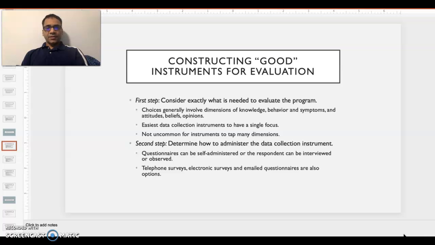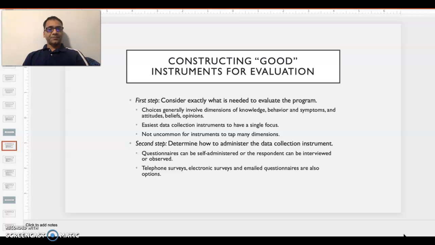The choices generally involve dimensions of knowledge, behavior, and symptoms, and the attitudes, beliefs, and opinions of our clients or respondents. The easiest data collection instrument is to have a single focus. Sometimes we may have a lot of dimensions to evaluate, but it is good to have a narrow focus for our